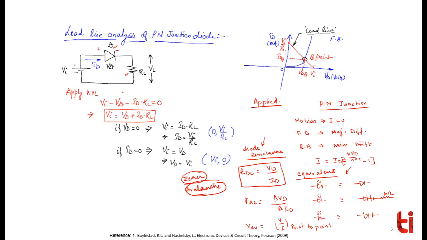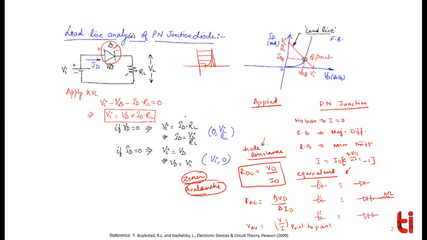So how can we solve this circuit? There are two methods to solve this circuit. Okay, two methods. Pay attention. One method is used whenever the diode characteristics are given to you. Let's say the diode characteristics are given, that this diode will work like this. At this voltage, this will be the current. At this voltage, this will be the current. The characteristics are given to you.